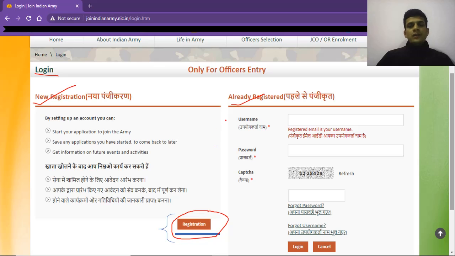And if you already have a login ID and password of the Indian Army's website, or you must have applied earlier for any of the posts in the Indian Army, you can directly go with your username and your password. I'll be explaining this later. First we'll be talking about newbies, those who are applying for the first time.